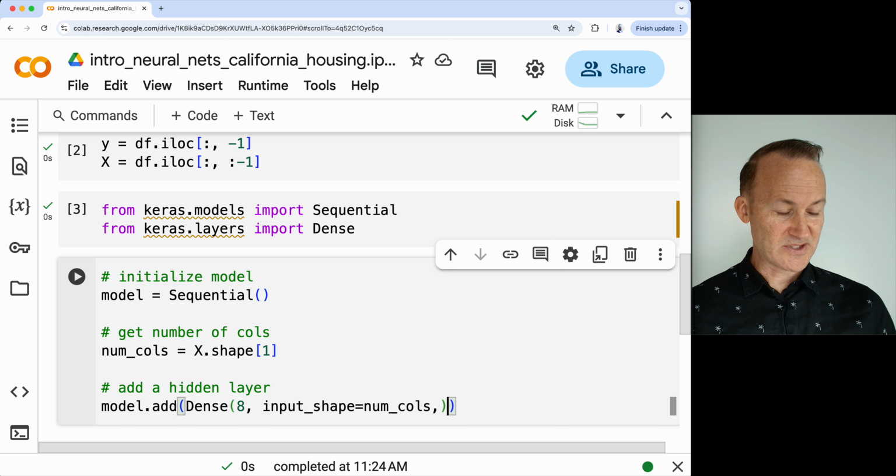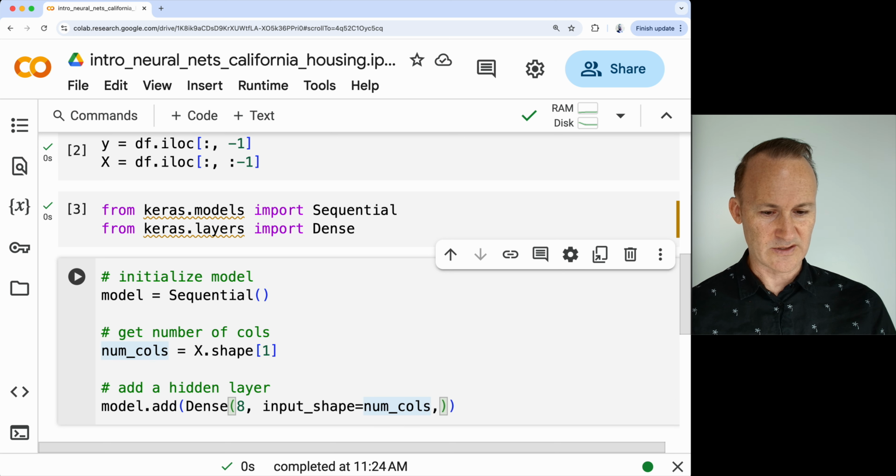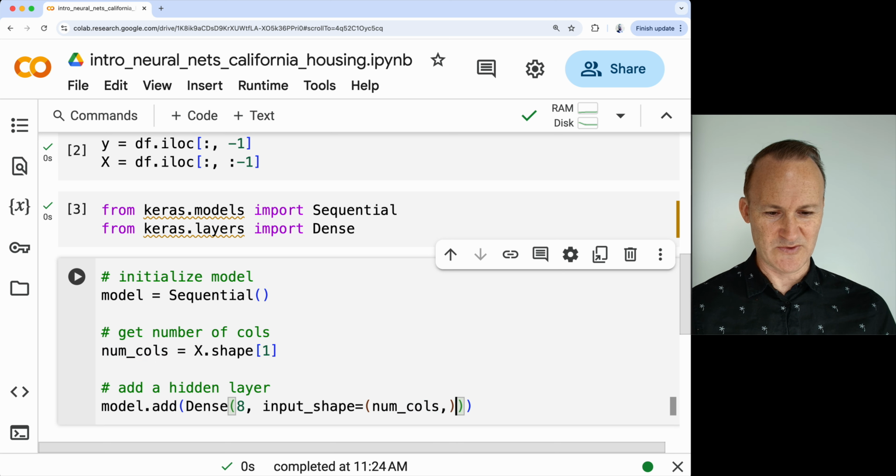Now you go outside of that parenthesis. Wait a minute. Input shape should have its own parentheses. You've got a lot of parentheses. One of the most common errors when people first start doing this is how to specify the parentheses. So after the input shape, we want